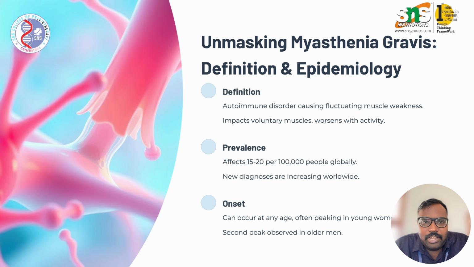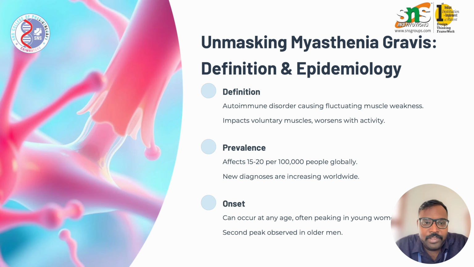So the definition and the epidemiology. Going for the definition, it is an autoimmune disorder which causes fluctuating muscle weakness, which impacts voluntary muscles and worsens with activity. So autoimmune disorder plays a vital role. We have studied n number of studies based on autoimmune disorder. Our own cells will fight against our healthy cells, and this is called autoimmune disorder. And these types of disorders are really pathetic, and they also have a fatal effect